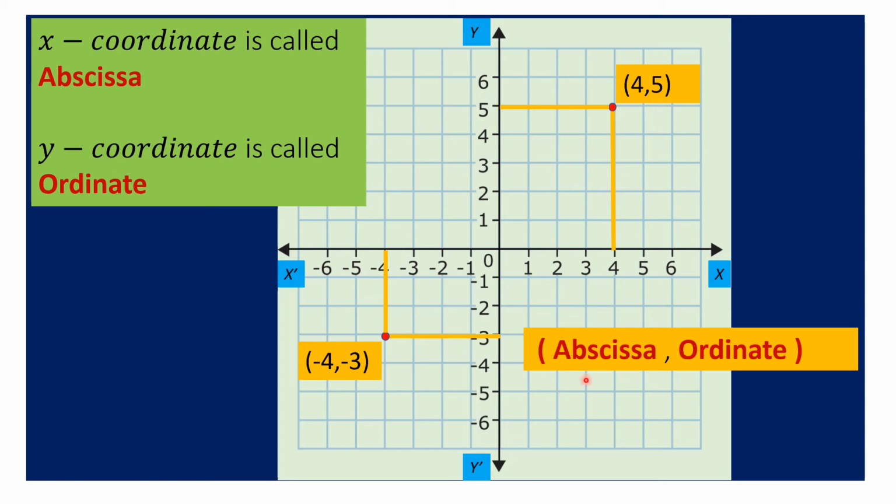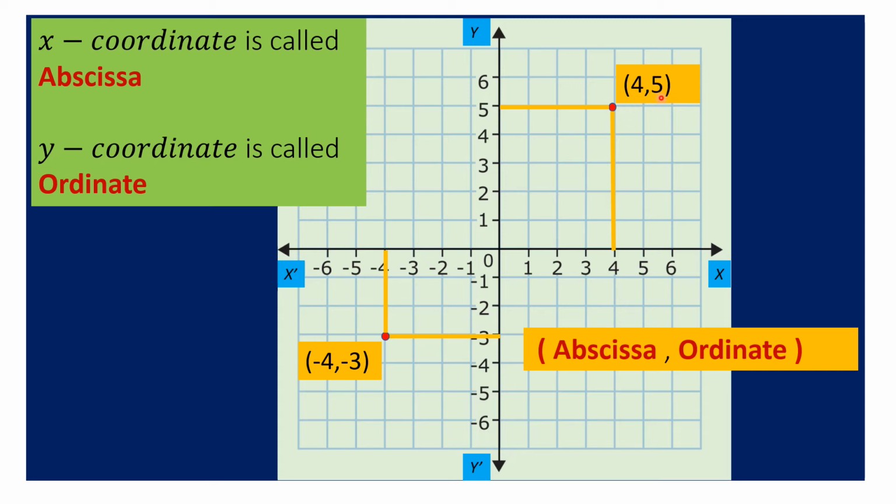So you can see we represent it this way. First number is called the abscissa. Second number is called the ordinate. Okay, how do you remember? A comes first, right? So abscissa comes first. Okay, so remember like that. So first number is called the abscissa. Second number is called the ordinate. Abscissa is also called the x coordinate and ordinate is also called the y coordinate. Okay. So this is the x coordinate, this is the y coordinate, or this is the abscissa and this is